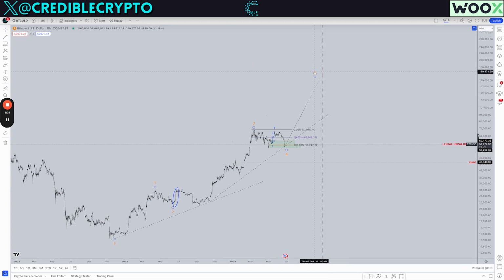This fifth leg is going to be our final fifth leg to the upside of this massive impulse that started off at 15K. And it will also be the most aggressive, the most vertical of all the moves that we've seen thus far. And so the rate of ascent should be even more aggressive than what we've seen on this third wave so far. And again, that totally depends on when this fourth wave ends, right? This fifth wave doesn't begin until this fourth wave completes. And in the coming days, we'll get a better idea of where that may complete. But once it does complete, expect the ascent of this fifth wave to be even more aggressive than the third.